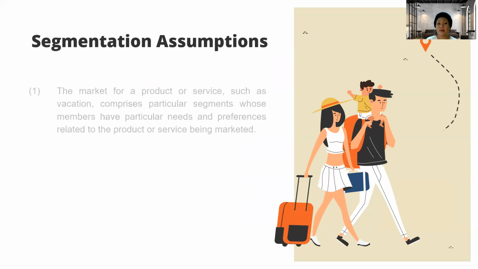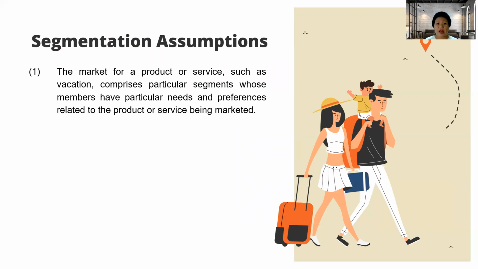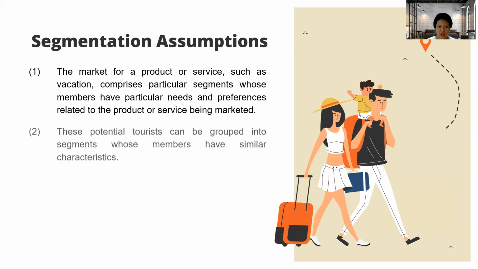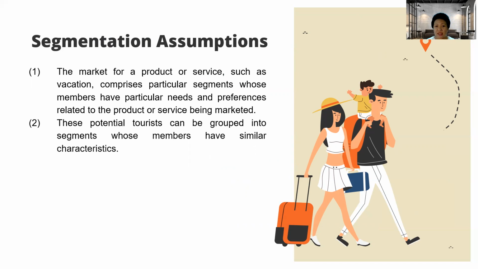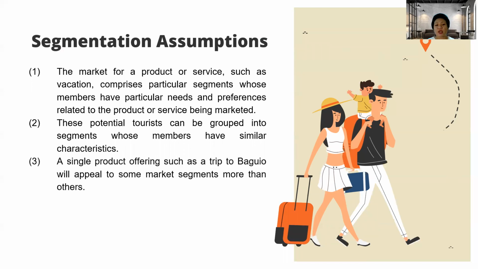So we have different segmentation assumptions. First, the market for a product or service, such as vacation, comprises particular segments whose members have particular needs and preferences related to the product or service being marketed. Second, these potential tourists can be grouped into segments whose members have similar characteristics. And third, a single product offering, such as a trip to Baguio, will appeal to some market segments more than the